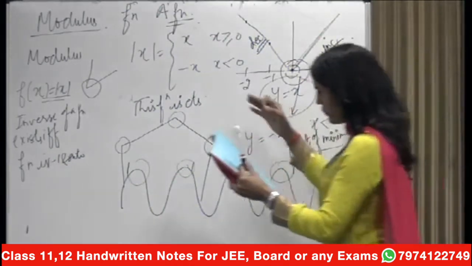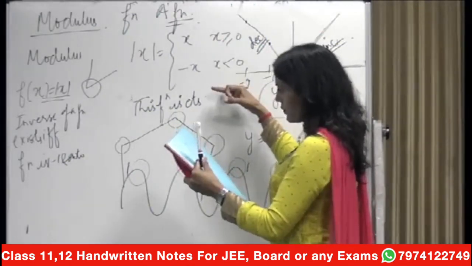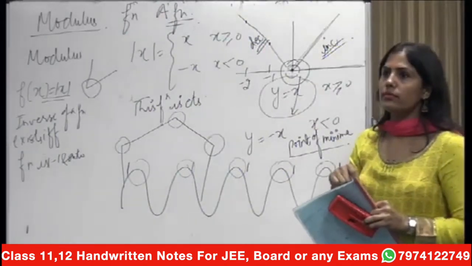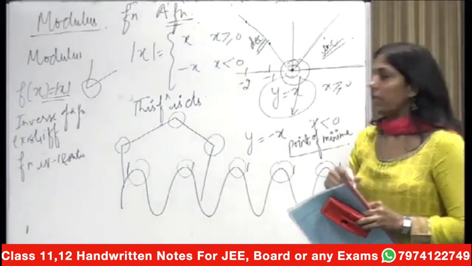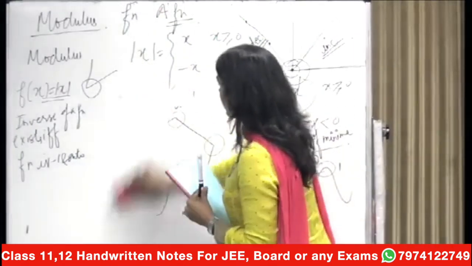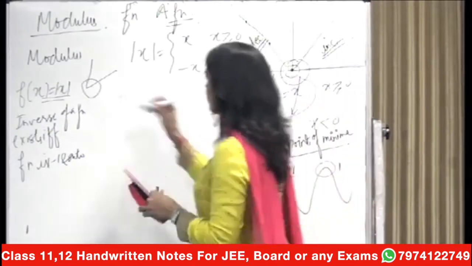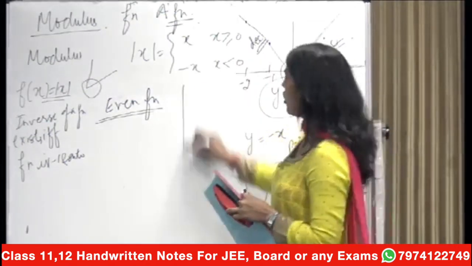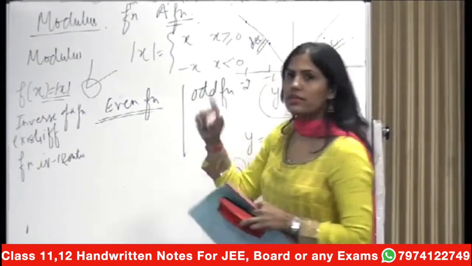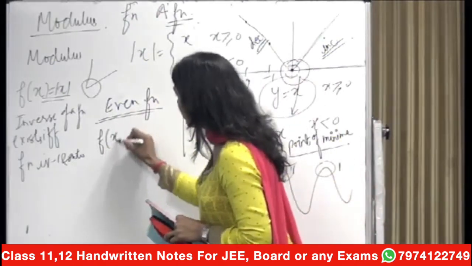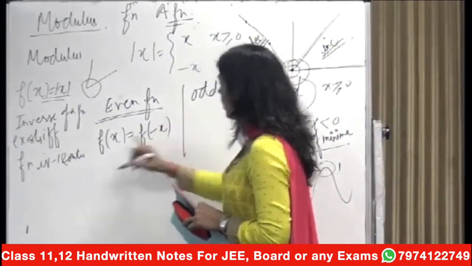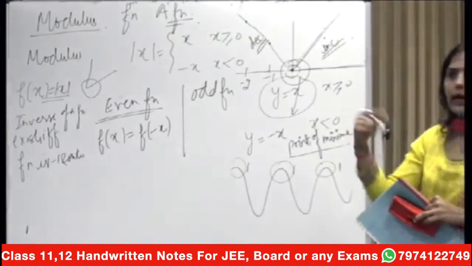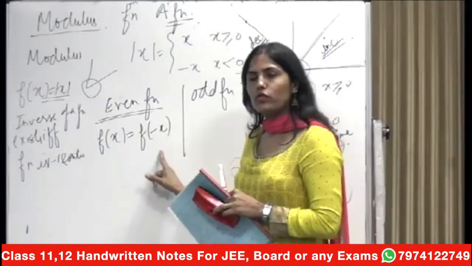Okay, this is continuous. One more thing, even and odd functions. Because this is a function, I want to tell you each and every property of this function. Even function and odd function. A function is said to be even if this holds: for f of x and f of minus x, if you replace x by minus x and you get both values the same, then you say that function is an even function.